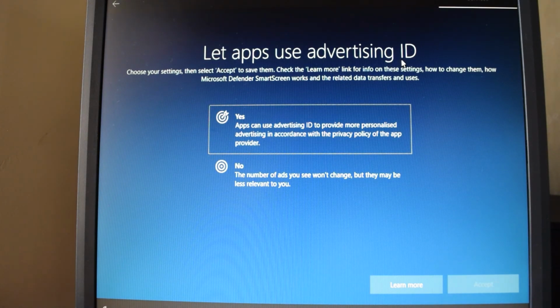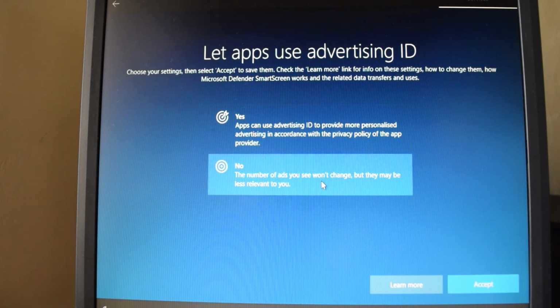Let apps use your advertising ID. This is what I'm saying about the locations, the switching off the data and everything. Basically, what they're asking you here is to allow them to send you pop-up messages on your desktop, saying, let's say, if you have in your local area Harvey Norman, or you have B&Q, or you have